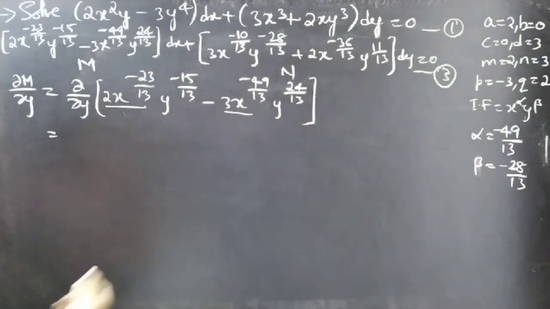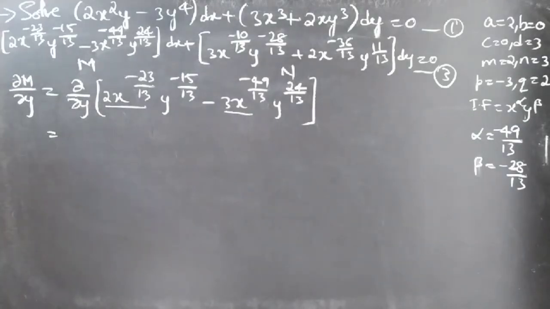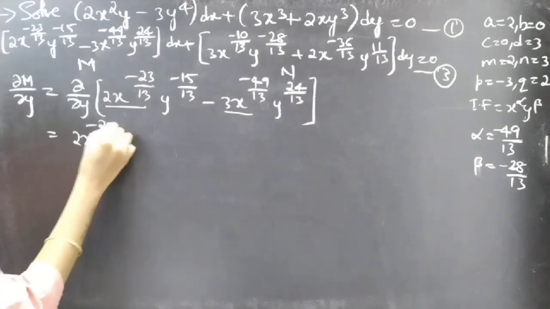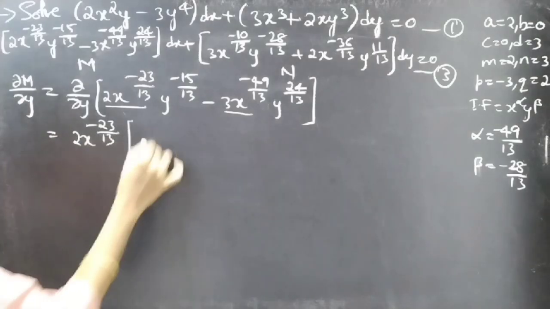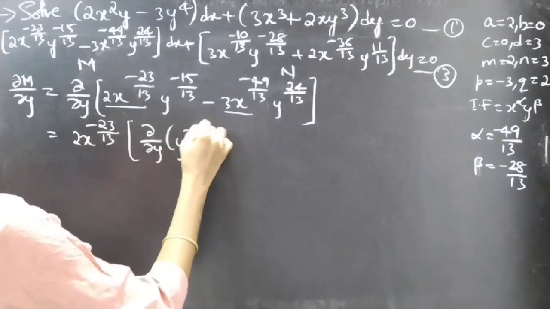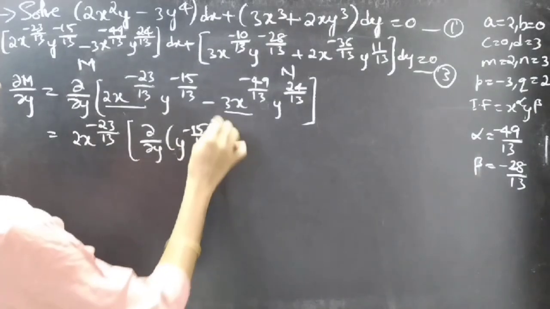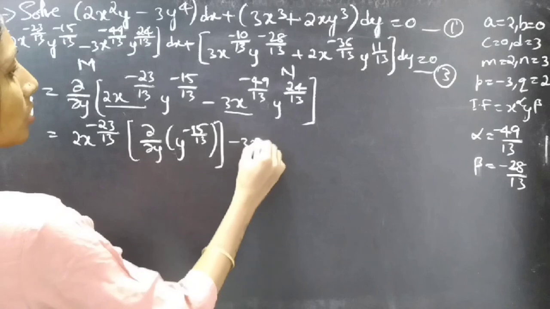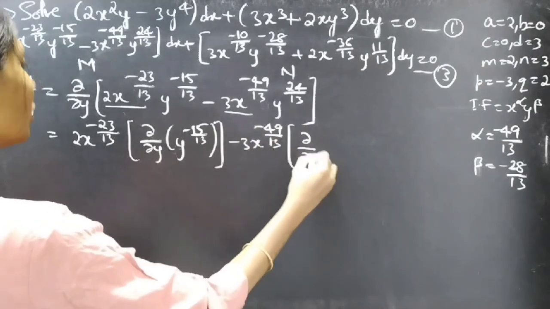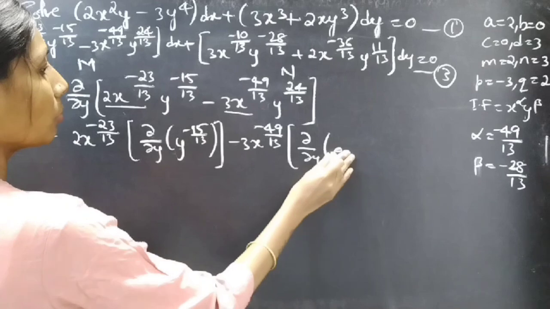In the second term 3x power minus 49 by 13 is constant. So we can write this as 2x power minus 23 by 13 into partial derivative of y power minus 15 by 13 with respect to y, minus 3x power minus 49 by 13 into partial derivative of y power